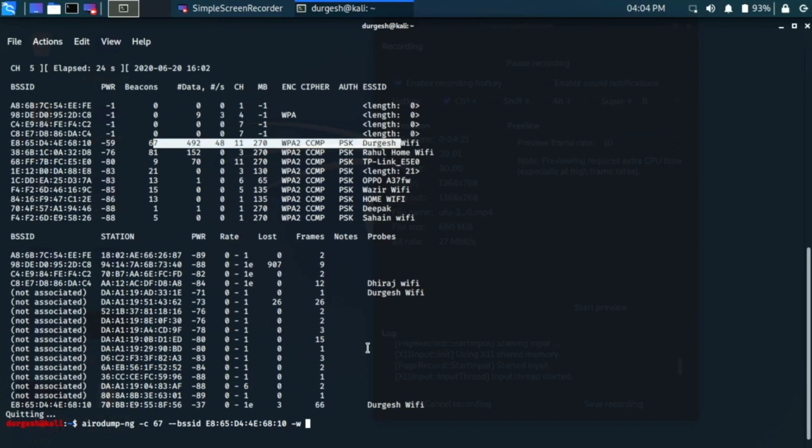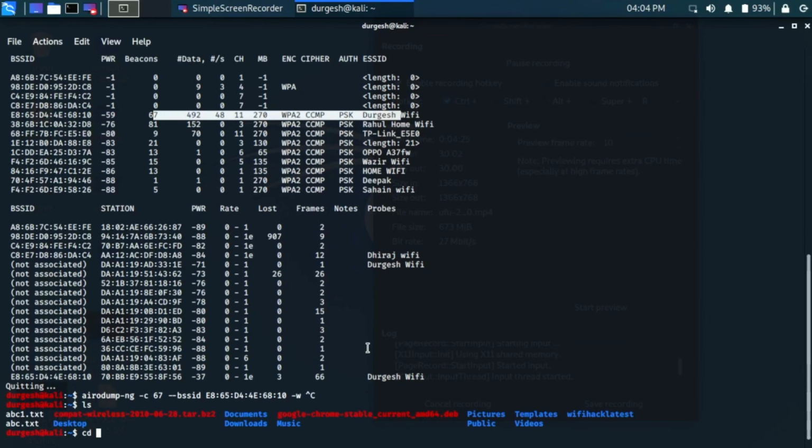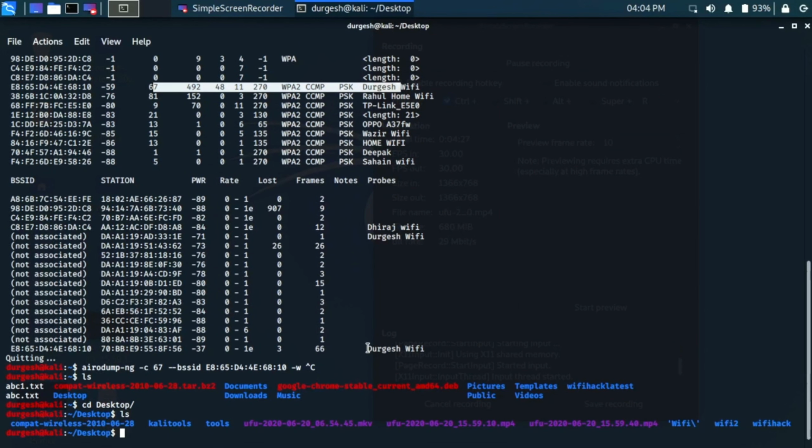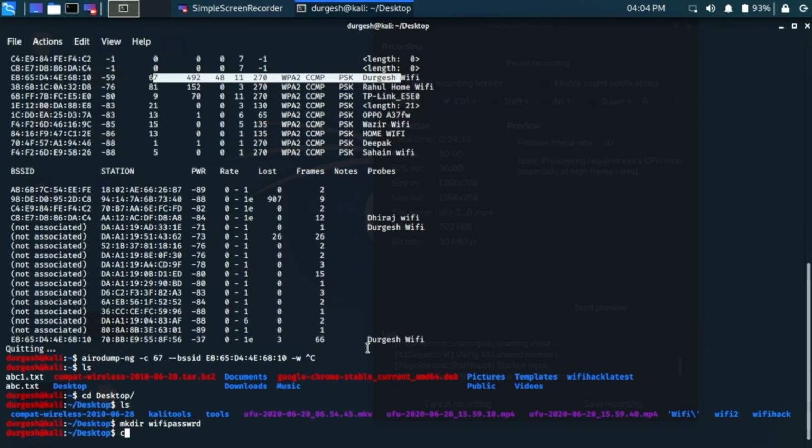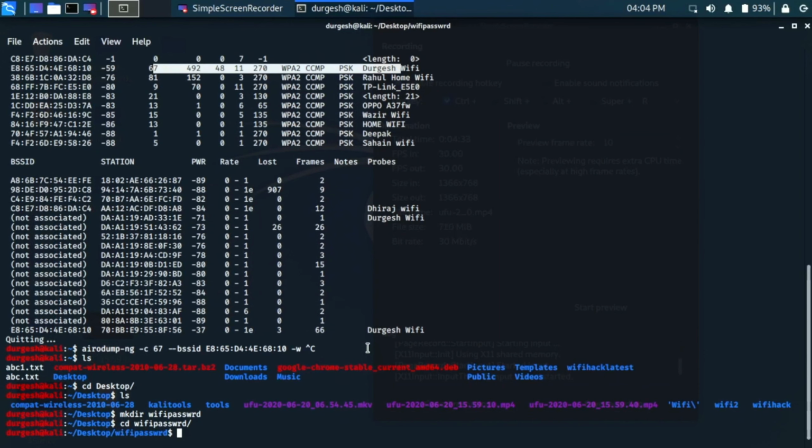Let me press Control C and make a directory for that on the desktop so that it is easy: mkdir wifi password. Cool. Then after that airodump.